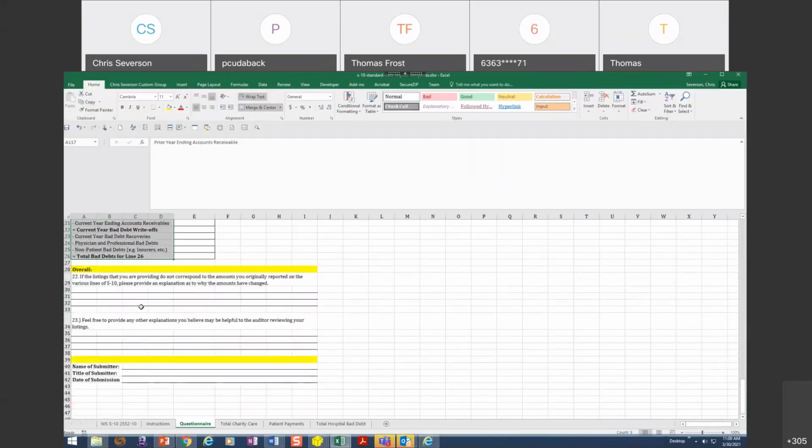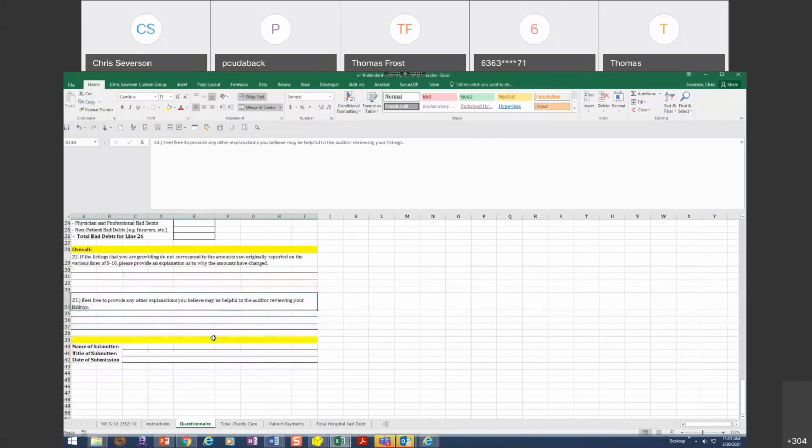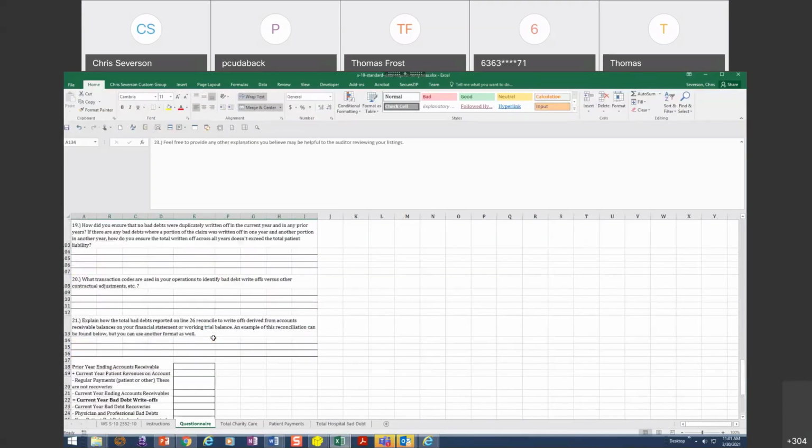And then just a couple of overall questions. Line 22, if the listings that you are providing do not correspond to the amounts you originally reported on the various lines of S10, please provide an explanation as to why the amounts have changed. Did you amend something and you didn't get a chance to amend the cost report earlier, or what happened? And then number 23 is just a catch-all. Are there any other explanations you think may be helpful to the auditor reviewing the listings? So 23 questions,